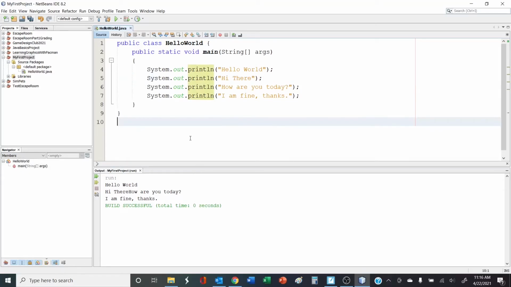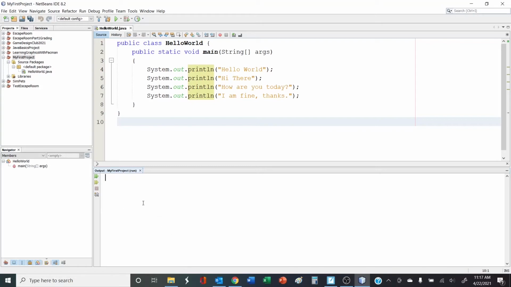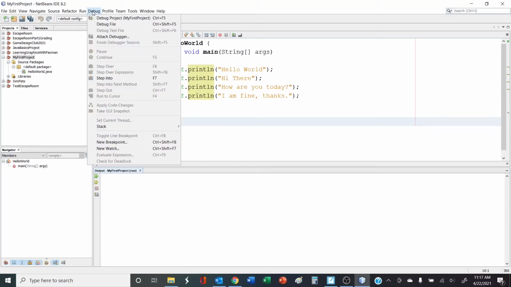And now I want to show you the debugger. The debugger, again, allows you to run your program, but it'll step through your code. So you can actually follow along and see what line is being executed at a certain time. So let me clear out. If I right-click in here and hit clear, all the output goes away. Now, if I say debug, and I say debug my project,